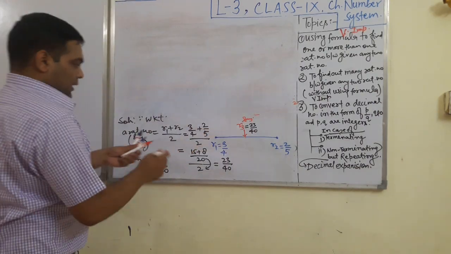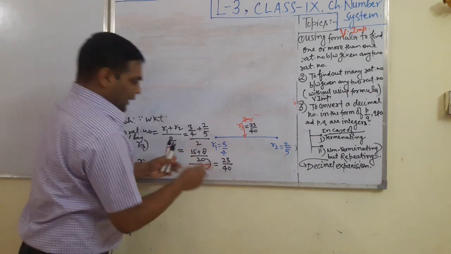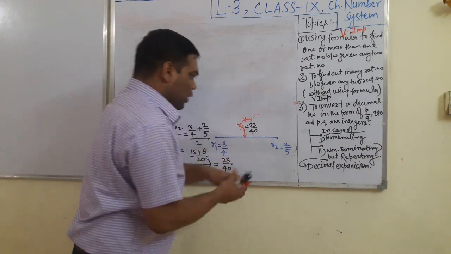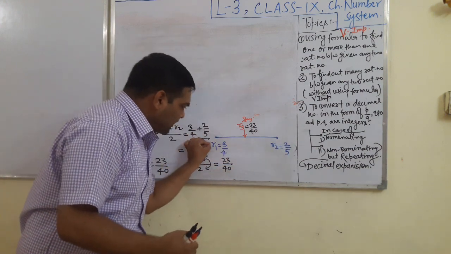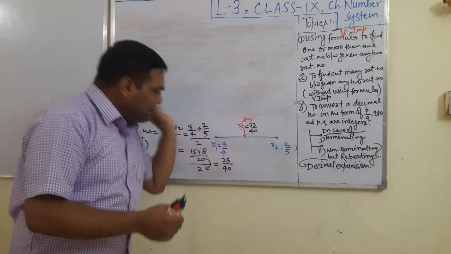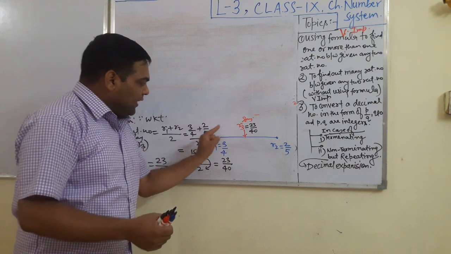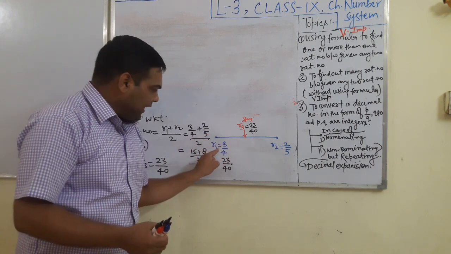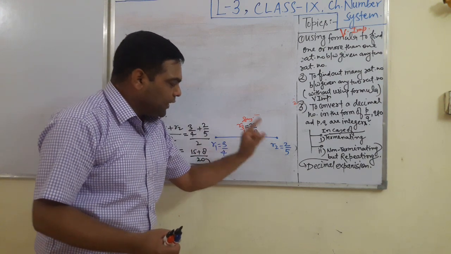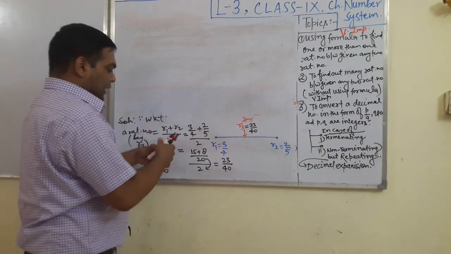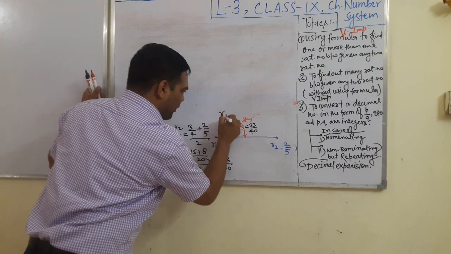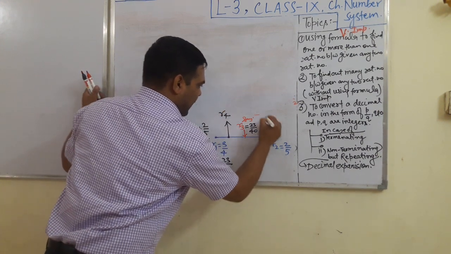See, in this diagram, if you look clearly, here R1 and R3 are now two rational number. In the same way, R3 and R2. As a student, we have found one rational number between R1 and R2 with the help of formula. In the same way, we can find out one more rational number between R1 and R3 by taking the average of R1 and R3. And in the same way, by taking the average of R3 and R2, we can find out one more rational number. See, students, so now we are going to find out this. Say this is R4 and say this is R5.